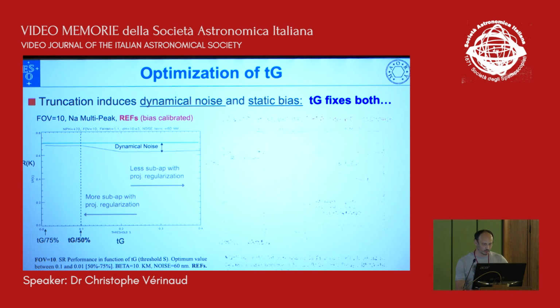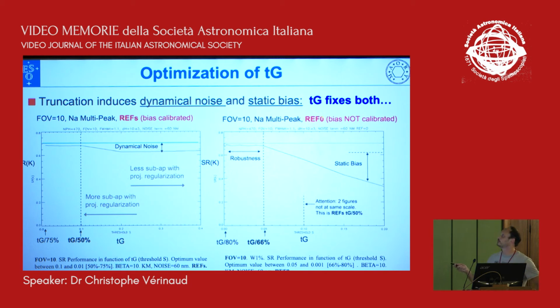Now, if you don't subtract the reference, when you do not regularize, you start with a really large error. So you have 20% of threshold ratio loss. And then if you go towards increasing the number of subapertures that you regularize, you reach a given plateau at some value, which is here 66%. And so this is quite impressive what you can do just by regularizing it. It's even a bit scary, I think.